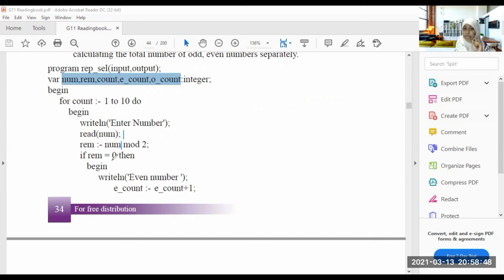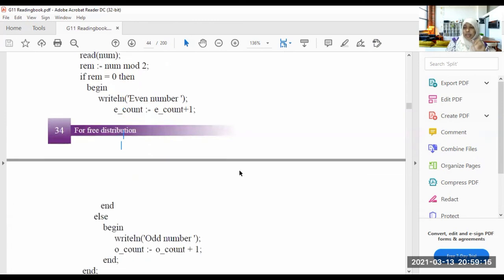If rem is equal to 0, then begin, writeline even number. Ecount equals ecount plus 1. So here the ecount will be changed. Ecount will be plus 1. End.